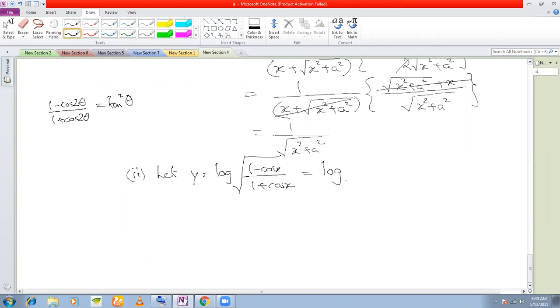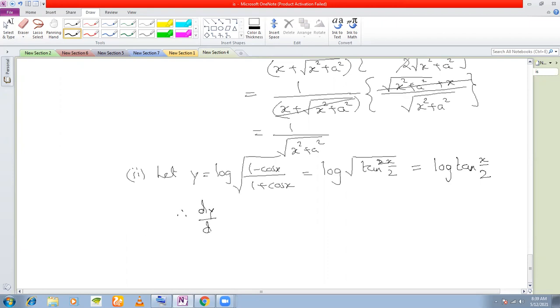So we'll write this as log root tan square half of the angle, x by 2, right? Now what happens? Because you have a square inside the radical, you can remove the radical. You have log tan x by 2 simply. Now it becomes a cakewalk to differentiate. So therefore, d by dx is d dx log tan x by 2,